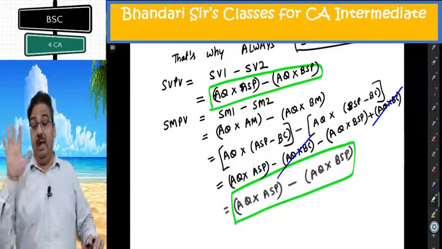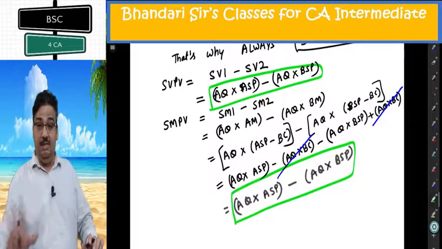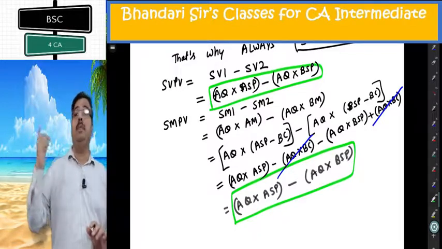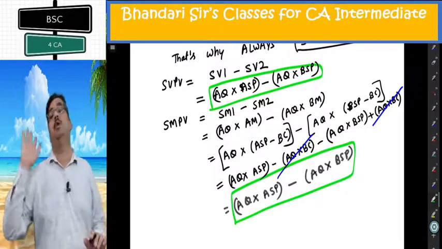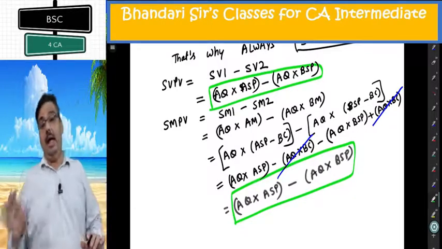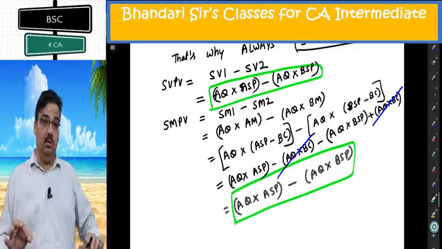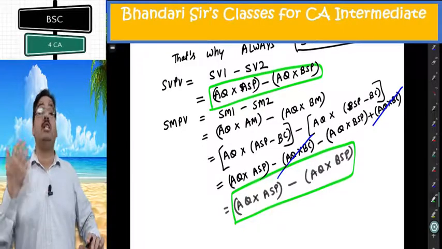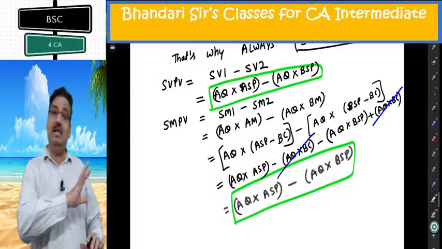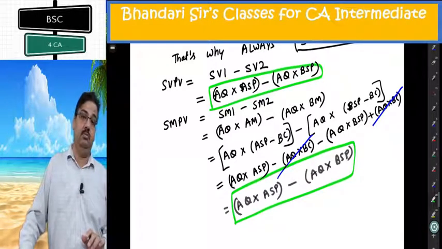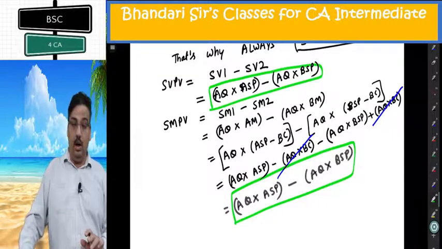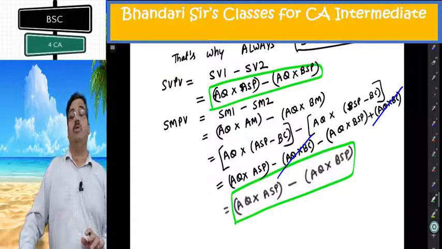Logically also, if my selling price decreases by 2 per unit, my sale value will decrease by 2 per unit, my profit margin will also decrease by 2 per unit. So impact on turnover and impact on profits will be same when there is inflation or deflation. In other things it is not same. In mix it is not same. In quantity it is not same. So you have to compute them separate.